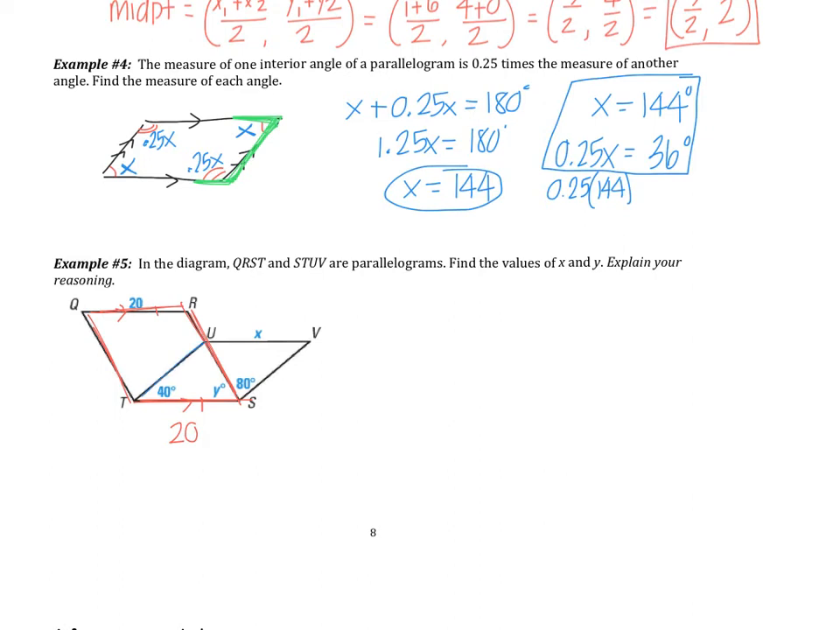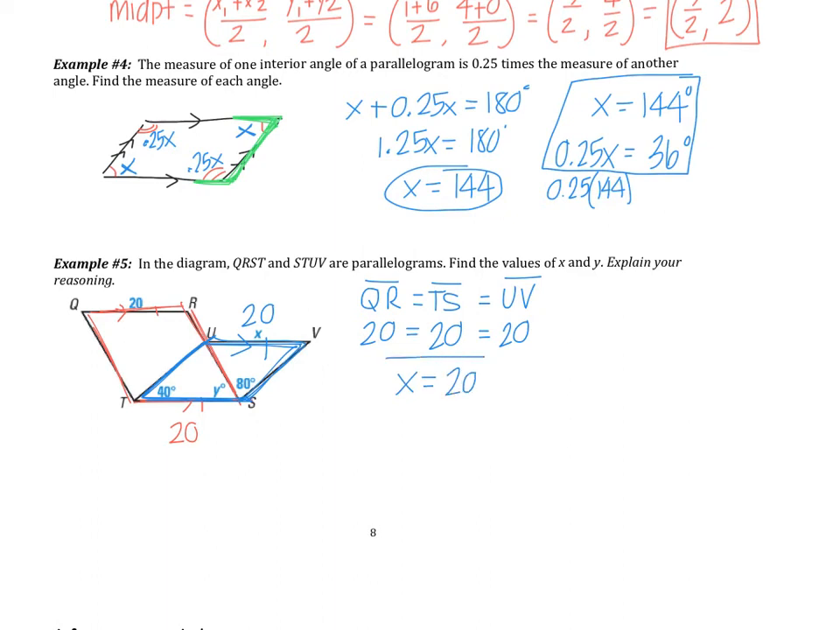Well, if I look at that one now compared to this blue parallelogram, again it's parallel, so opposite sides are congruent, so this would be 20. It's again looking at what I'm given. QR is equal to TS because they're opposite sides, but it is also equal to UV because those are opposite sides of a parallelogram. So QR was 20, means TS is 20, means UV is 20, which tells me x is 20. Reasoning behind it,